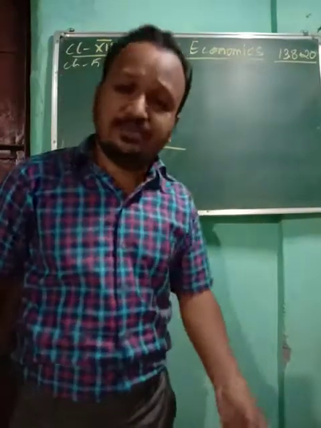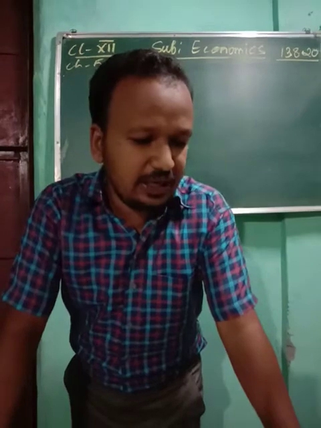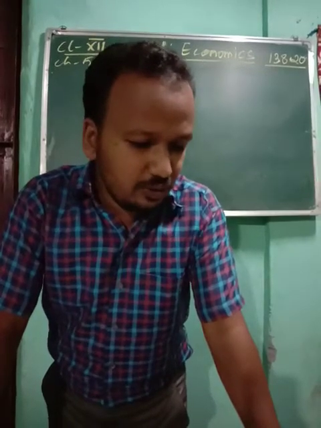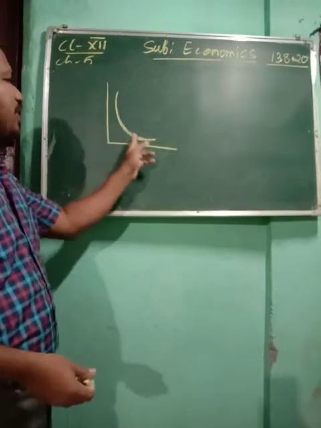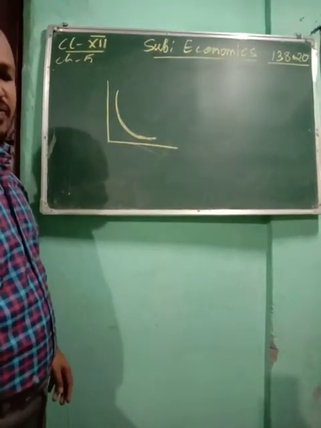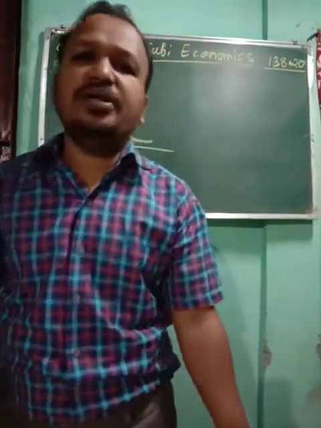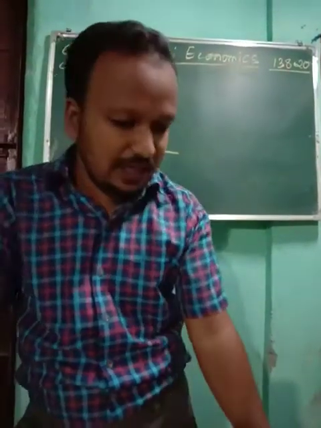Why? What is the reason behind it? In the indifference curve, what happens? The slope of the curve decreases as we move along the indifference curve. So due to your diminishing marginal rate of substitution, here also, the indifference curve is convex to the origin. That means when we are consuming more of one commodity, the other commodity's consumption is getting decreased. That means diminishing is taking place.